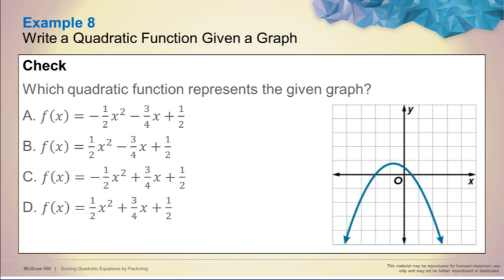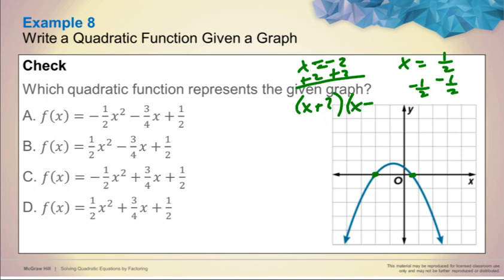Next one, quadratic function that represents the given graph. So I have a point at -2, and that looks like half. So x equaling -2 and x equaling 1/2. So if I add 2, I now have x plus 2. Here, subtract half, I have x minus 1/2. Now I need to pick a point that I know the coordinates of. I know this coordinate. This is 2, -3. So if I put -3 in for y,